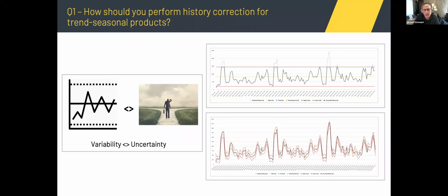The algorithms themselves that decompose the forecast into trend and seasonality are designed to tease out the difference between the two. In the near term, it's often difficult to understand whether an increase, for example, in demand is a seasonal event or something that is a real shift in the underlying trend, which is why multiple years of history are typically used in order to allow us to effectively decompose those two.